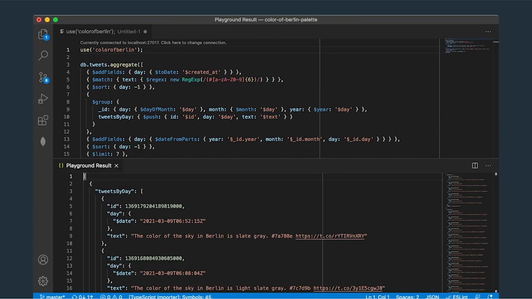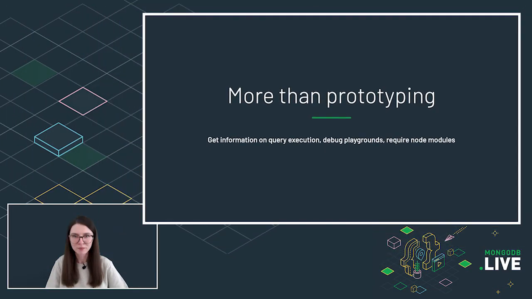Speaking about configurations, by default, the playground results pane is displayed at the right-hand side of your workspace, but you can drag and drop it around to organize the workspace the way you prefer. All playgrounds output results to the same playground result pane. Otherwise, for multiple playgrounds, it would be hard to find where is the input window and where is the corresponding output.